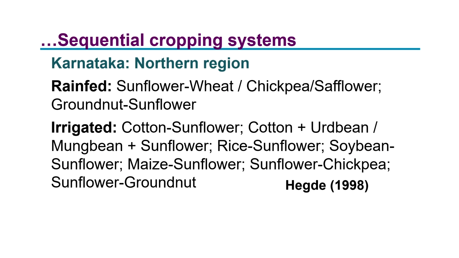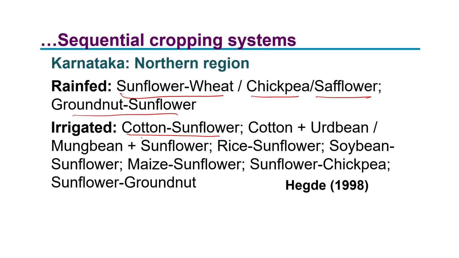Now you see what happens in northern region of Karnataka. Under rain-fed conditions, options are like sunflower wheat, or you can have sunflower chickpea. You can also have sunflower safflower, and then groundnut sunflower. All these rotations are for 1 year. Then what are the rotations or sequential cropping systems for irrigated conditions of northern region of Karnataka? So this includes cotton sunflower,